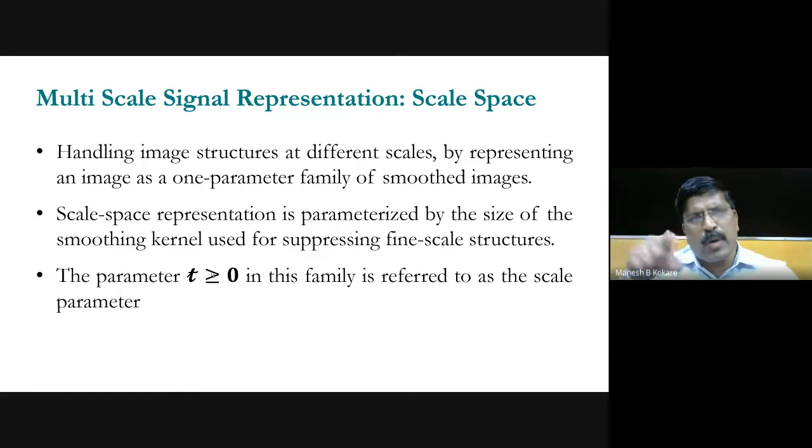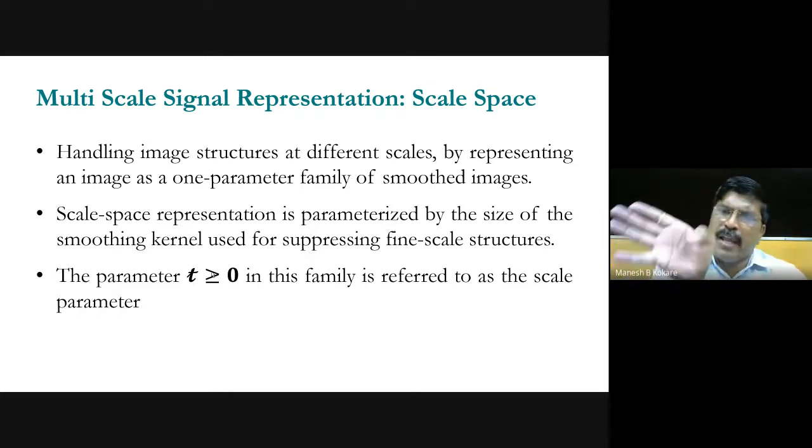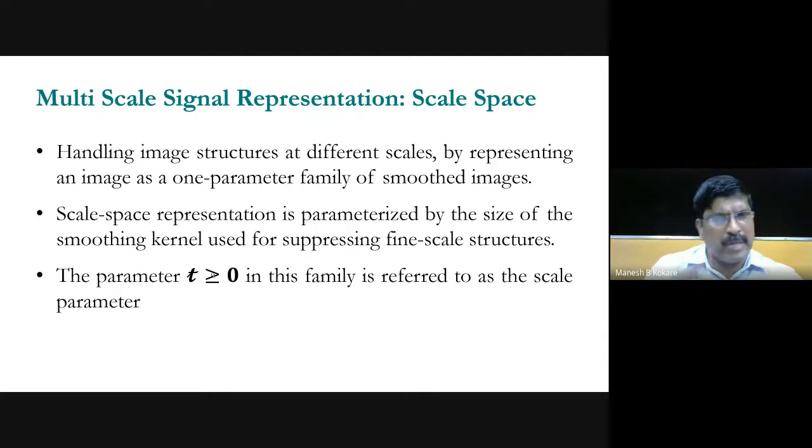Now in the second scale, what do you do? Again, LL is further decomposed into four subbands. You get LL2, LH2, HL2, and so on. So that way, you are deriving the second level representation from the first level approximation and so on. So that is in the case of wavelet. Already you people are doing a study of this wavelet, so I'm not explaining that wavelet much.